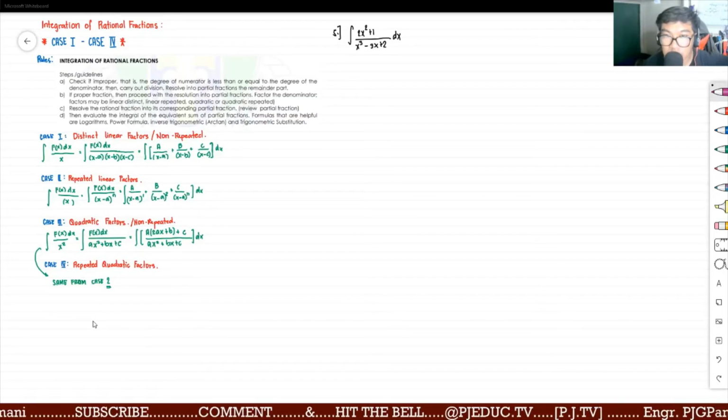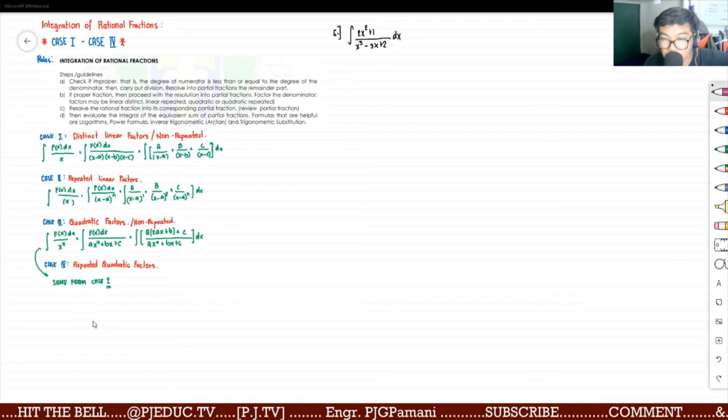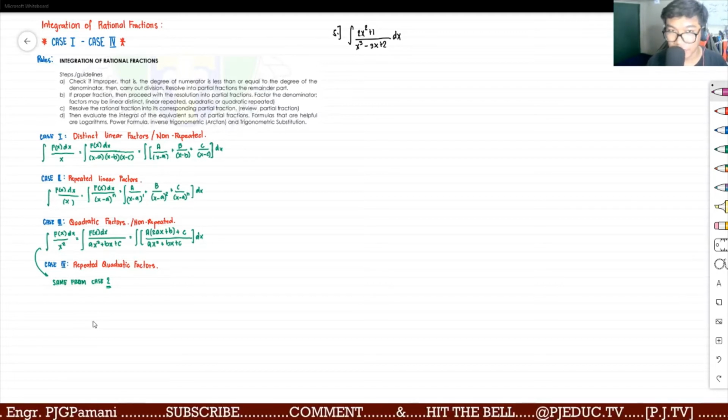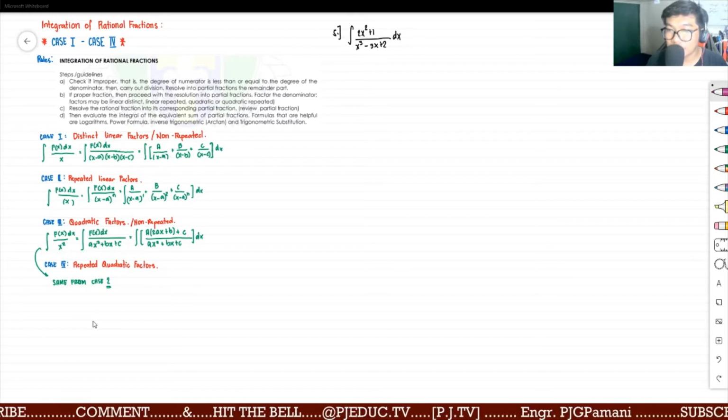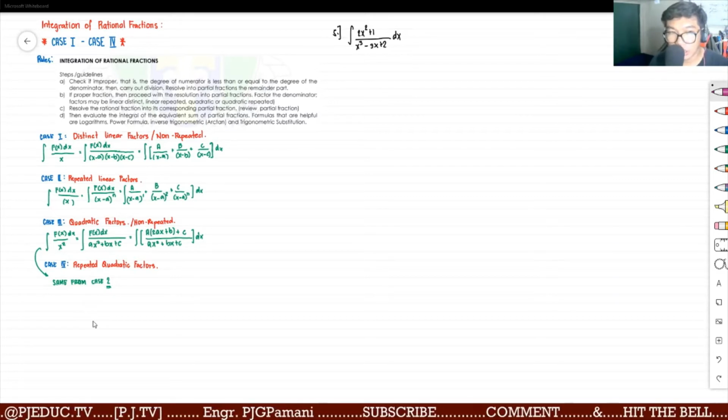Continuation sa Module number 4. Module number 4, integration of rational fraction under case 1 in case number 4. This is example number 5. What if you're now given or asked to evaluate an indefinite integral of 2x squared plus 1 over x cubed